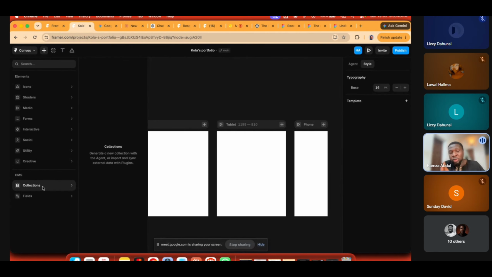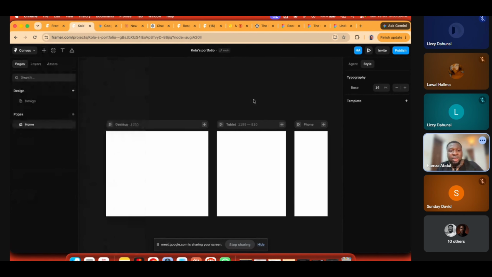We'll see if we can do that on this code, because CMS can be very, very broad. CMS is crazy, right? Once you have your CMS, for each of your CMS collections, we have fields. Don't worry, we are going to see it. So let's quickly do a demo. I think we've made a lot of noise. We are going to see how to publish your website. We are going to see how you can submit a template as well later.